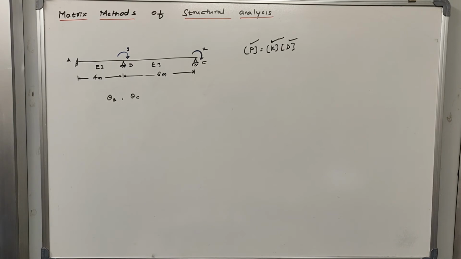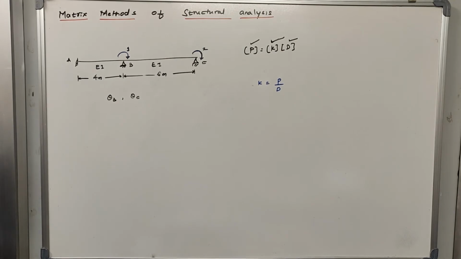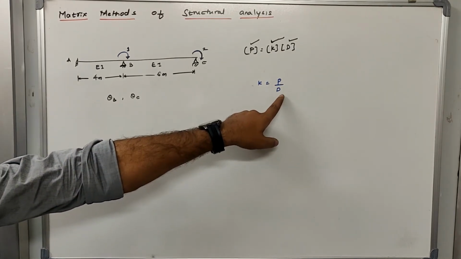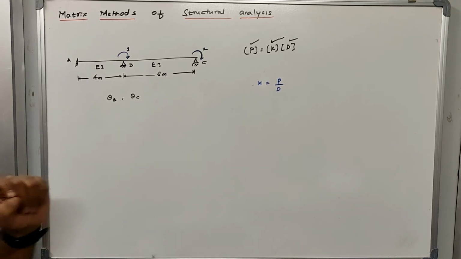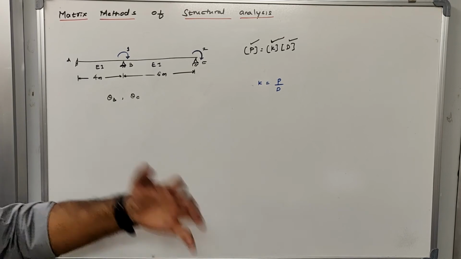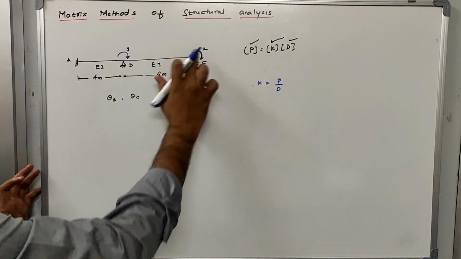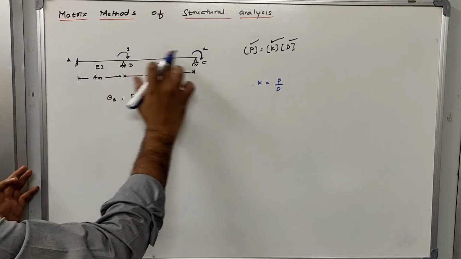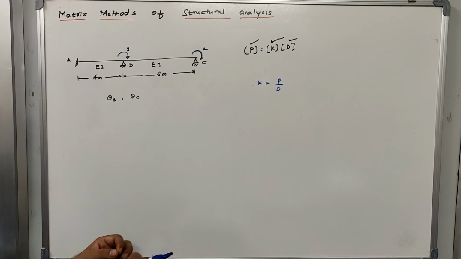Now I told you what stiffness is. Going back to stiffness, stiffness is force per unit displacement. So it means, if there is a unit displacement that takes place, I need to determine how much the force is. Let us do one thing. We have assigned 2 coordinates. So at the first coordinate and the second coordinate, we'll apply the unit displacement, which is 1 unit displacement.